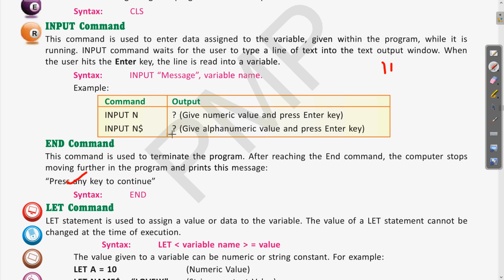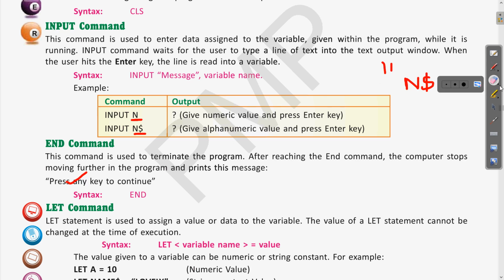There are two things, as you have seen: with the dollar symbol it is a string variable, and when it is a simple variable it means it is a numeric variable. So if I write input x, it means it will take some numeric value. Clear? And when I write a variable name with the dollar symbol, it is a string variable. So according to the variable we can use the input command.